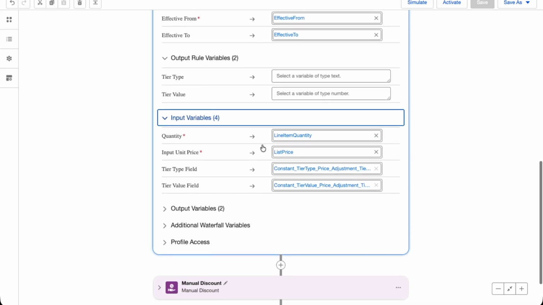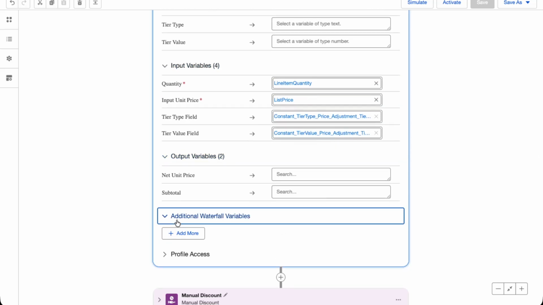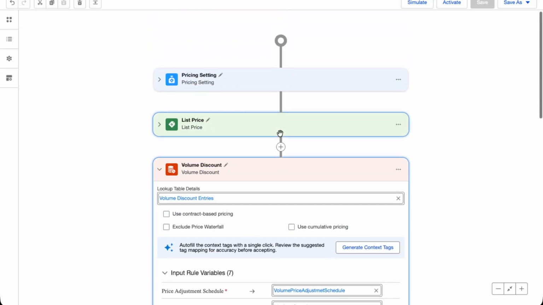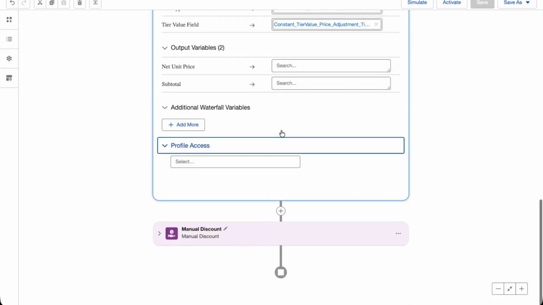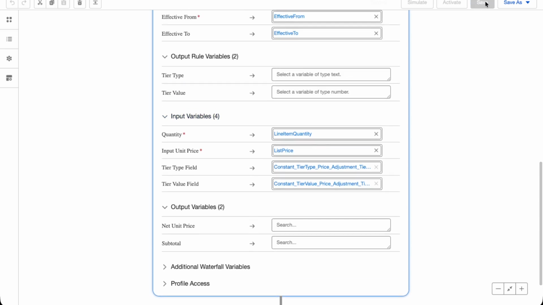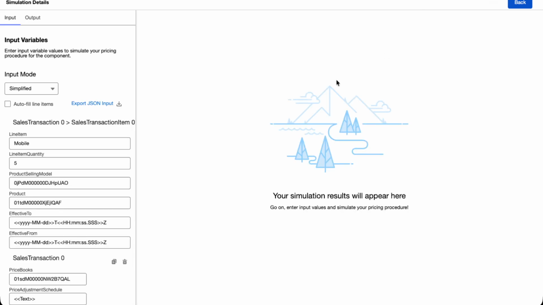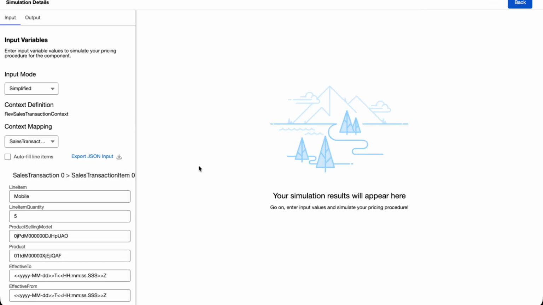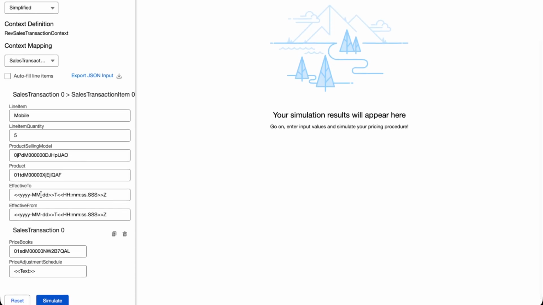Okay. Output we need to add nothing. Okay, so that we did. Let's save it and simulate. Once you click on simulate, let's see that here product is at effective to. We need to just type in the same format. So it will be